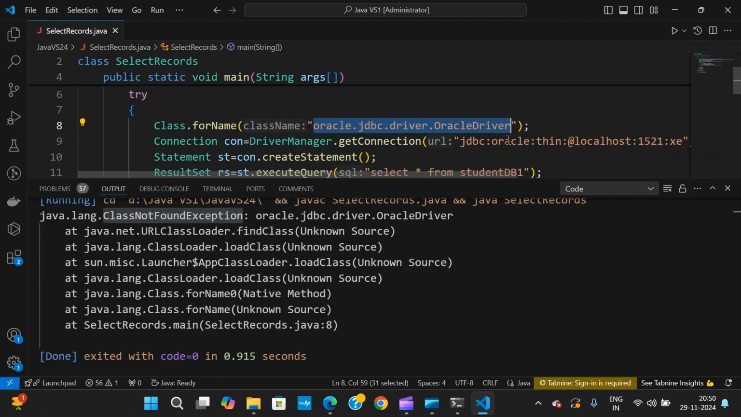But apart from typing mistakes, in order to work properly, you need to download a file called ojdbc6.jar, or a later version based on the compatibility of your JDK. I'll show you the download procedure as well as the class path setting, so that we can remove this particular exception. Okay, so just open the browser